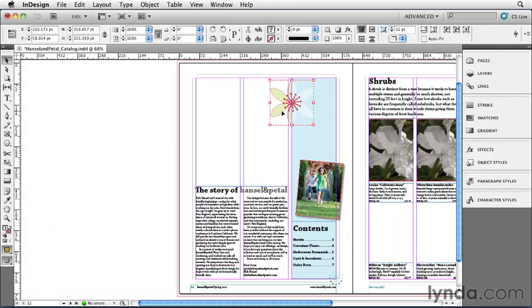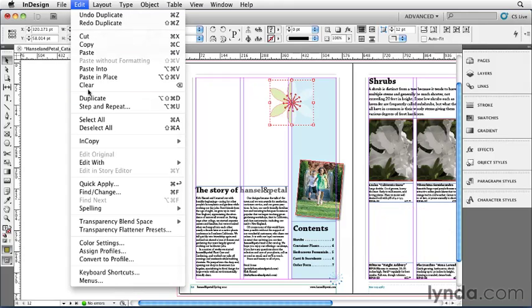I'm going to select this group of objects, and I'm going to duplicate it using the Edit menu. I'll select Duplicate, and you'll see that it duplicates it way over here on the right. That might be confusing, but here's what's going on. Duplicate always uses the same vertical and horizontal offsets from the last duplication you made, even if that duplication was option dragging. I'm going to undo that with Command-Z or Control-Z on Windows, and I'll go back and I'll show you what I usually use, which is Step and Repeat.